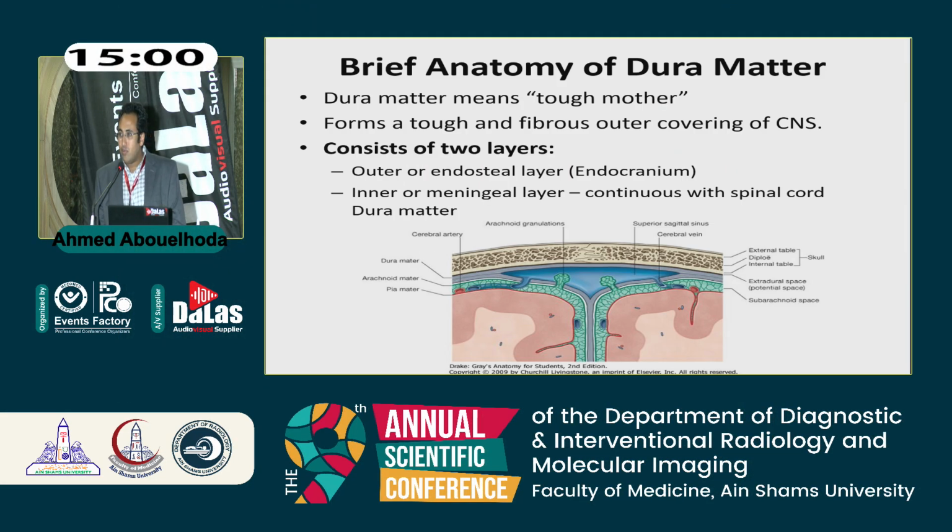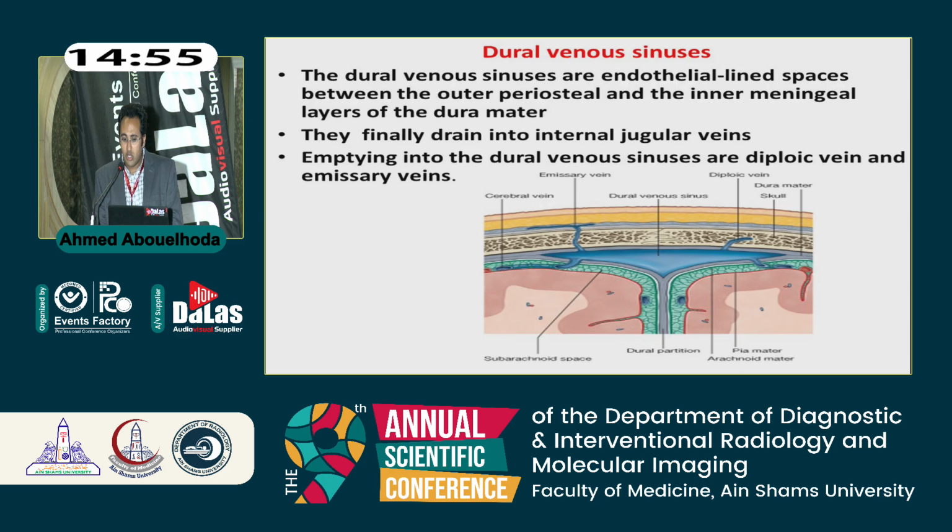We'll talk very, very briefly about the dural AV fistulas. What's the dura itself? The dura is the tough mother of the brain, which consists mainly of two layers, the outer endosteal layer and the inner meningeal layer. Under the dura, there are the dural venous sinuses, which are endothelial-lined spaces between those aforementioned layers, which drain into the internal jugular veins, and we have the small emissary veins and the cortical veins draining inside the dural venous